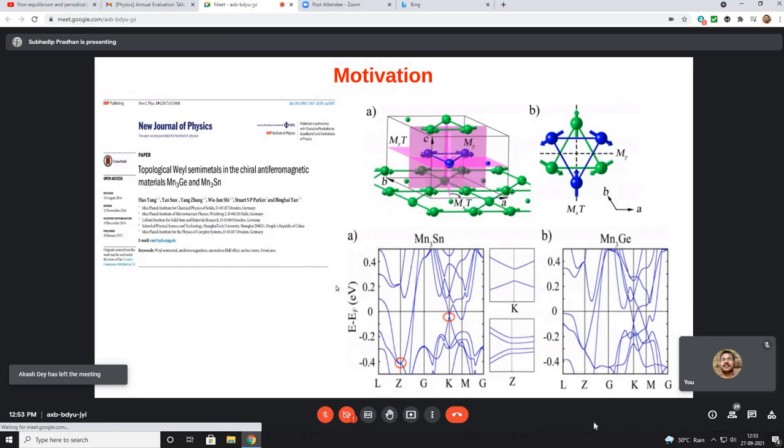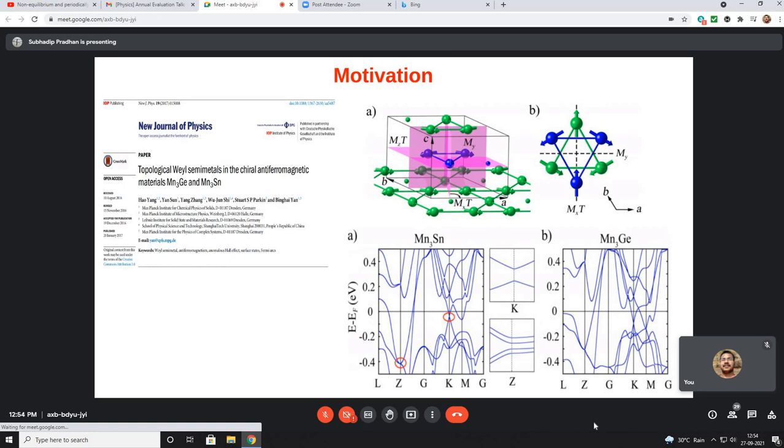But that is not apparent from this figure. No, not apparent from this figure, because these are high symmetry points and Weyl nodes do not appear at high symmetry points. Around this K point, this twofold degeneracy they are pointing to says that this can give you a Weyl point. Whereas at the Z point it's fourfold degenerate, so it will be a Dirac point. So one can look for the Weyl point around the K point. That is the main message from here. So then one can look more at these details.